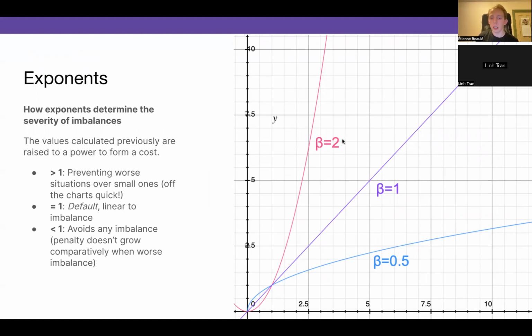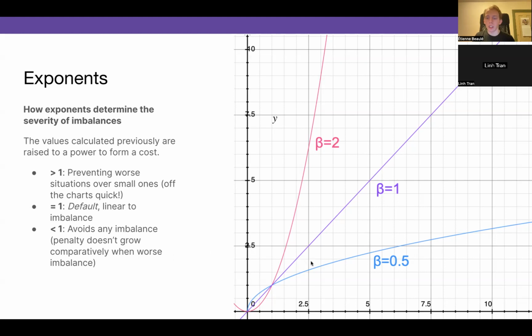But if you put the exponent to 2, it's 25 times as bad. And what this does is prevent worse situations from happening, because the smallest change will make the biggest impact.